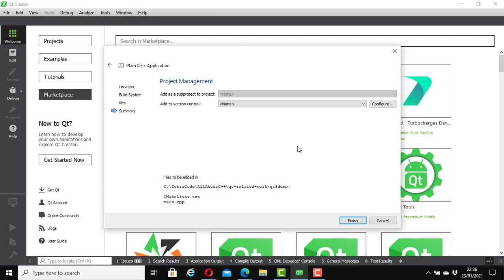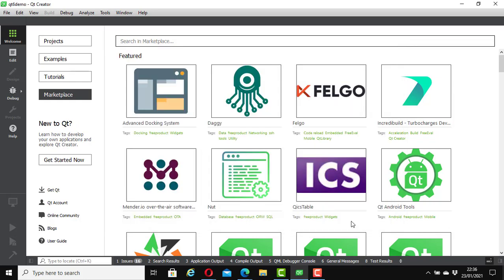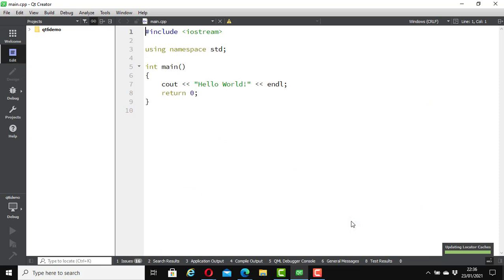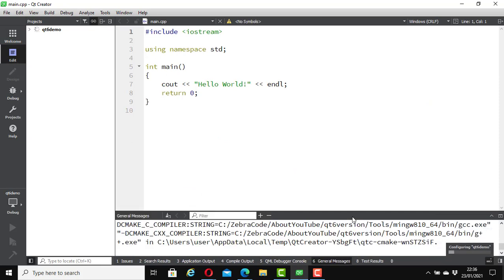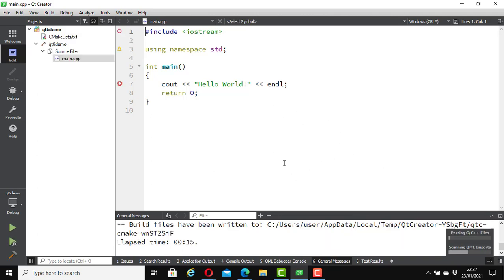Here you can choose how you want to manage the project, whether it's going to be a Git project or you are going to connect to GitHub or something like that, or Bitbucket. Again, if you are happy with that, click on finish. So this is the standard Hello World template. It's still scanning. All right, now it's built. It was building it before, now it's completely built.